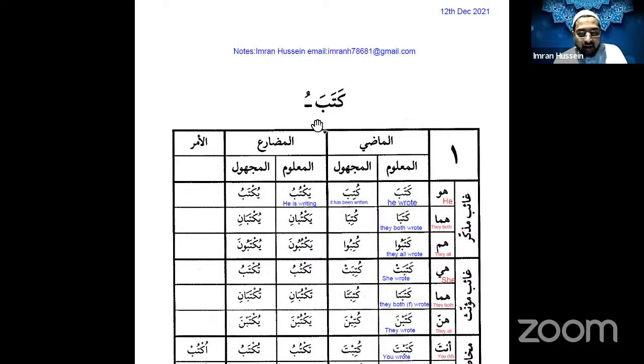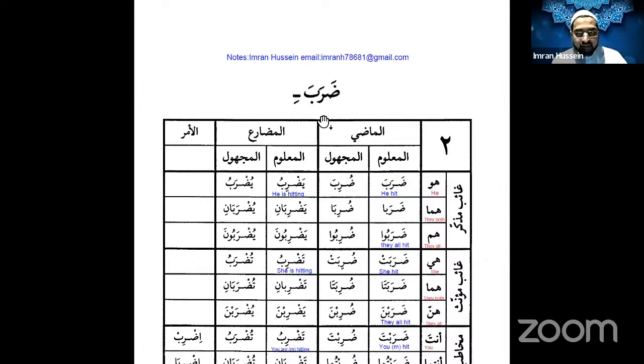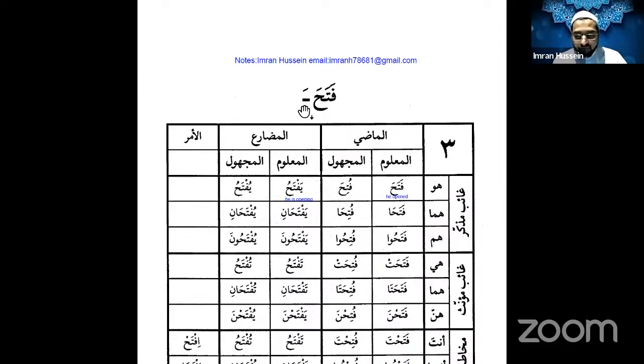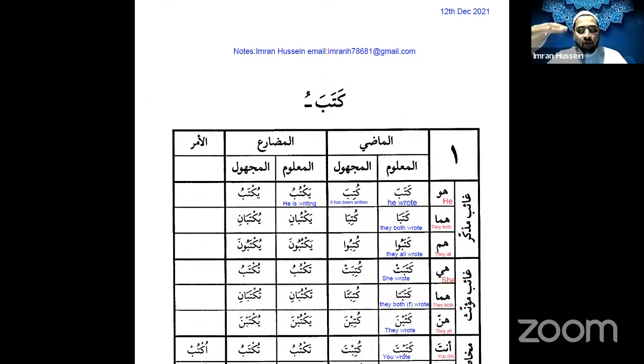Now, for any verb in the Arabic language, for any 3-letter verbs, there are 6 options available in regards to the harakat of the past tense and the present tense together. So this is the maximum patterns you will have for any 3-letter verb. The first one was kataba yaktubu. The next one is dharaba yadribu, as you can see number 2 there. Number 3, fataha yaftahu. All 3 of these patterns, the past tense are coming with fatha, all of them. Fataha, dharaba, kataba. The present tense is coming with a dhamma, fatha, and a kasra.